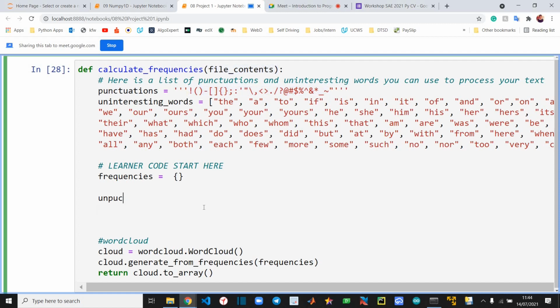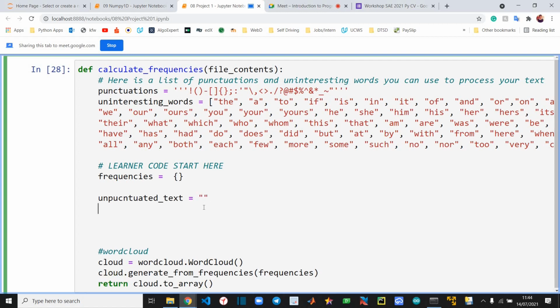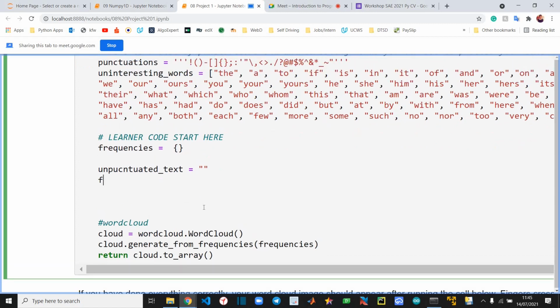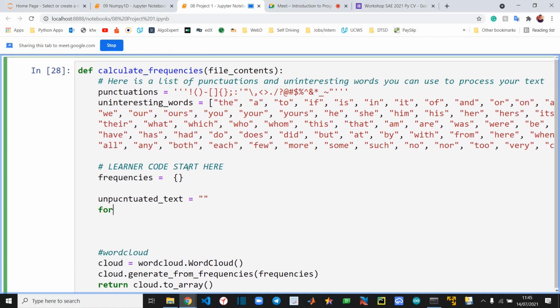So I will make a new unpunctuated text, starting as a blank string. And now I will iterate over this file contents, over each character.